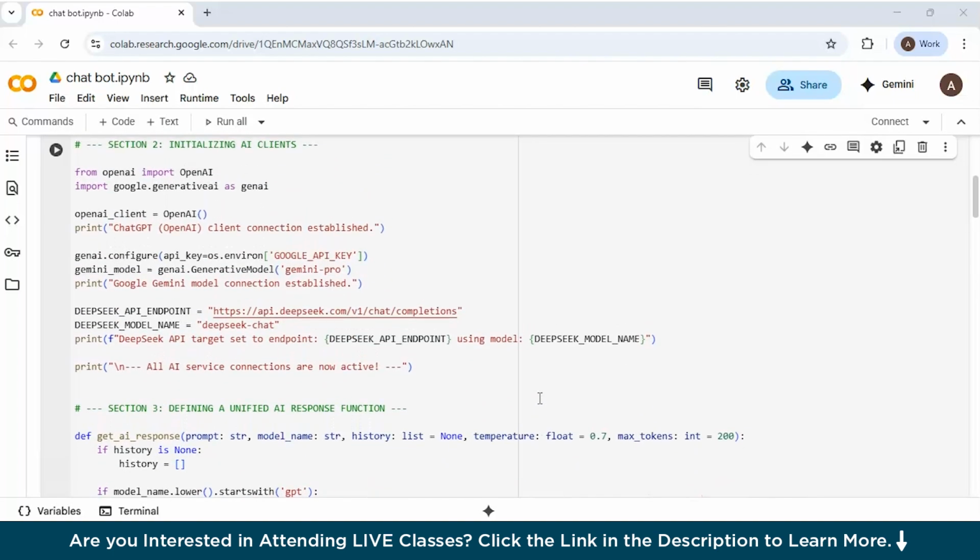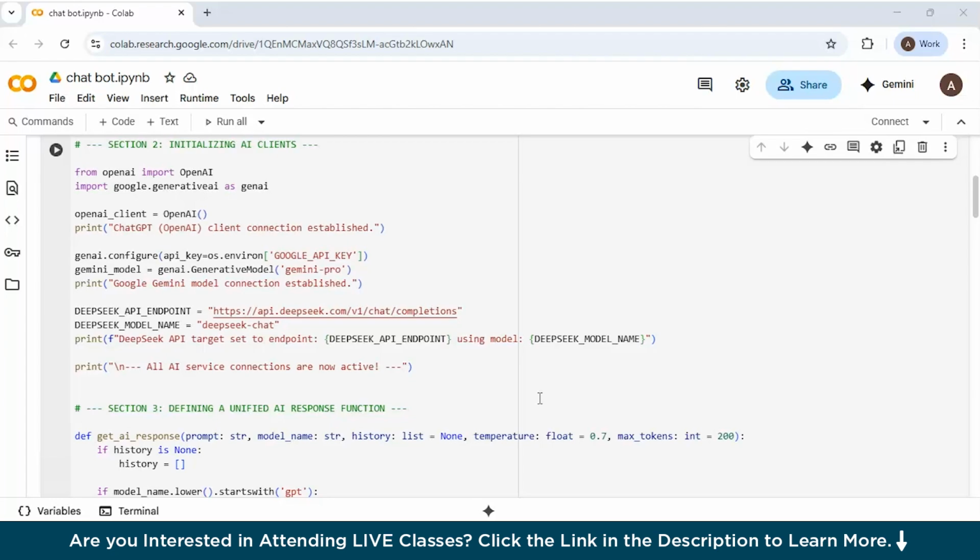With the foundation setup complete, this section focuses on establishing the specific client objects and configuration required to communicate with each AI service. It imports the OpenAI class and the google.generativeai module, which are the primary interfaces for their respective APIs.